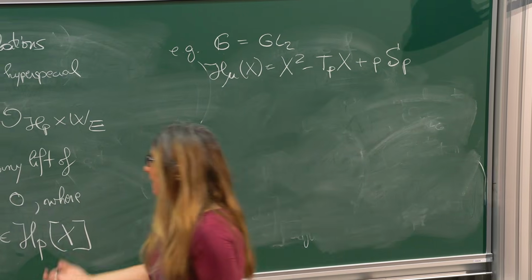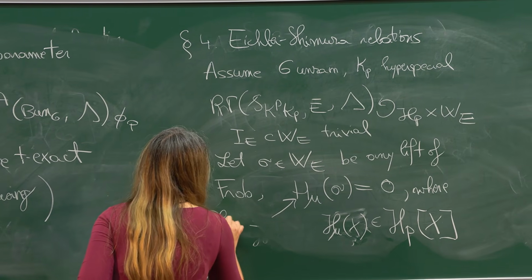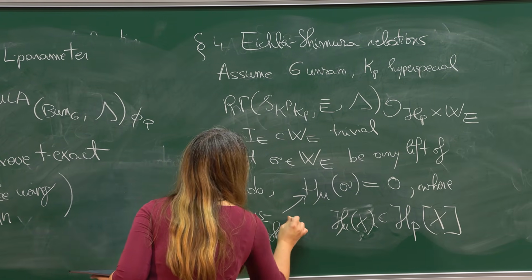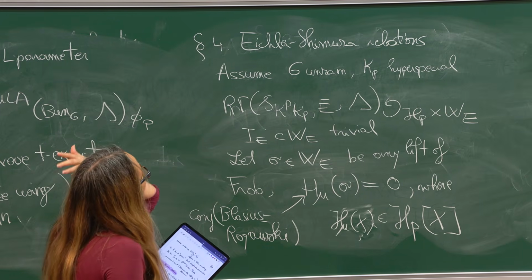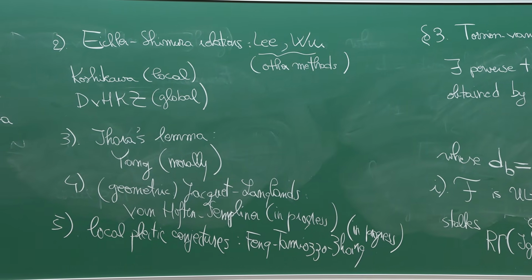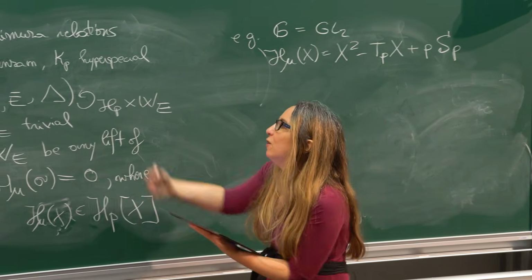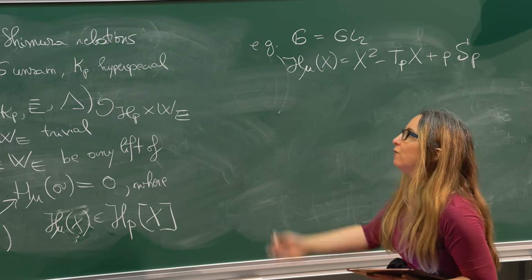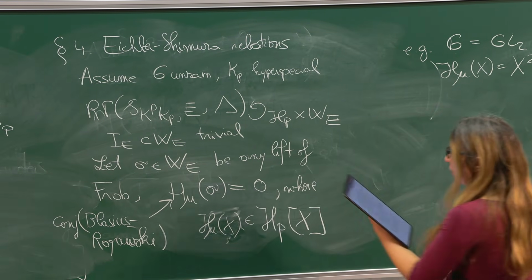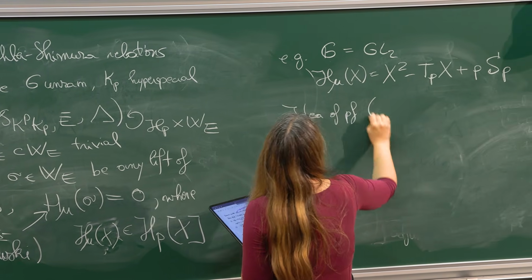And so Blasius and Rogawski conjectured, more than 30 years ago, that this holds true more generally. Okay, and so using ideas of Koshikawa in the local case, and also Drinfeld and Xiao-Zhu, these four authors, Daniels, van Hoften, Kim and Zhang, gave a proof of these Eichler-Shimura relations for Shimura varieties of Hodge type, and they were even able to go to Iwahori level, where you can also formulate something. So the idea of proof is in this paper,